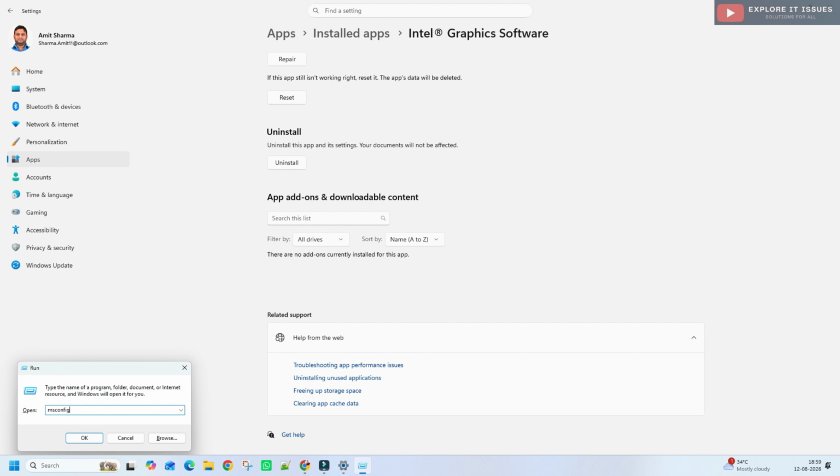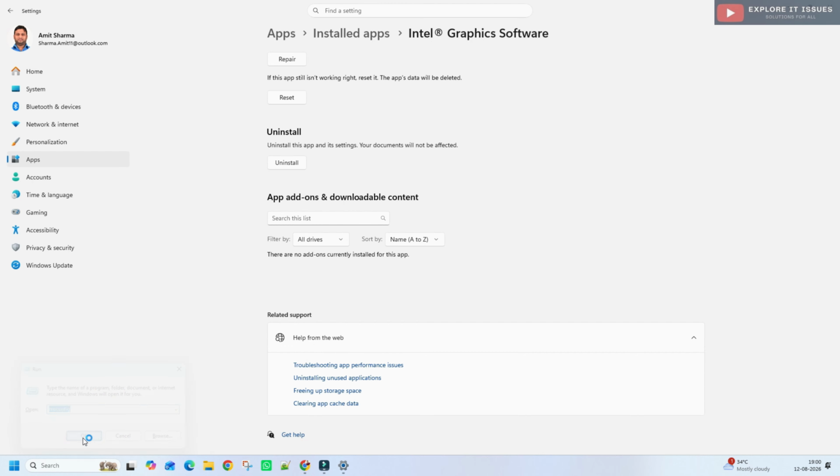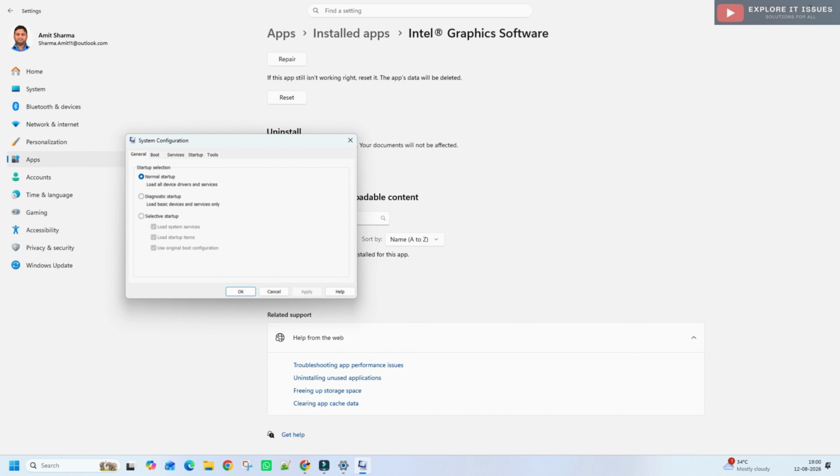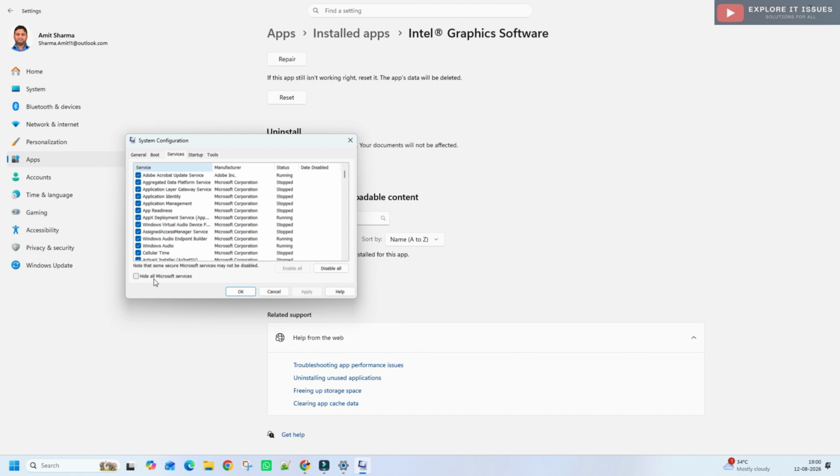This is an important step. Make sure you select Hide all Microsoft services before disabling services. We don't want to randomly disable essential Microsoft services. If you hide them, only the other services are shown, like Google Update service. These types of services you can disable. By default, applications related to Microsoft are not disabled because you hide the Microsoft services in this option. And after this change, you need to restart your PC.